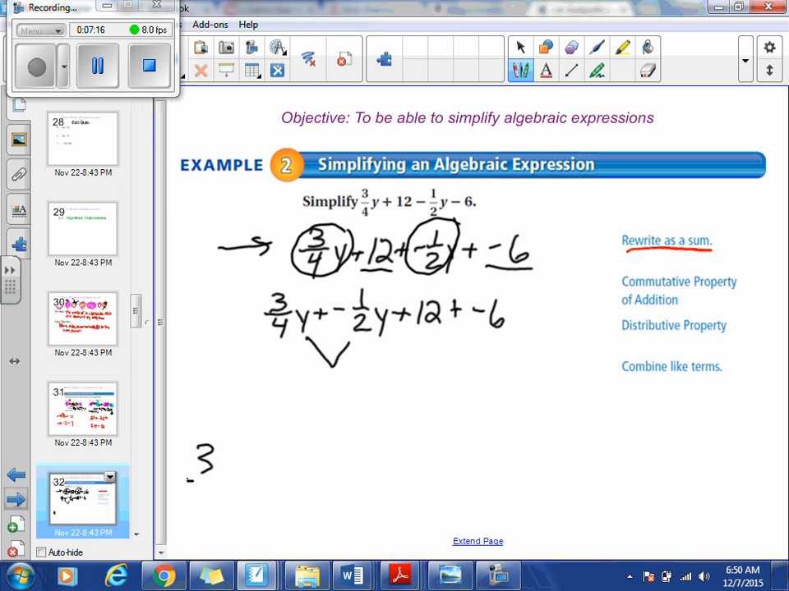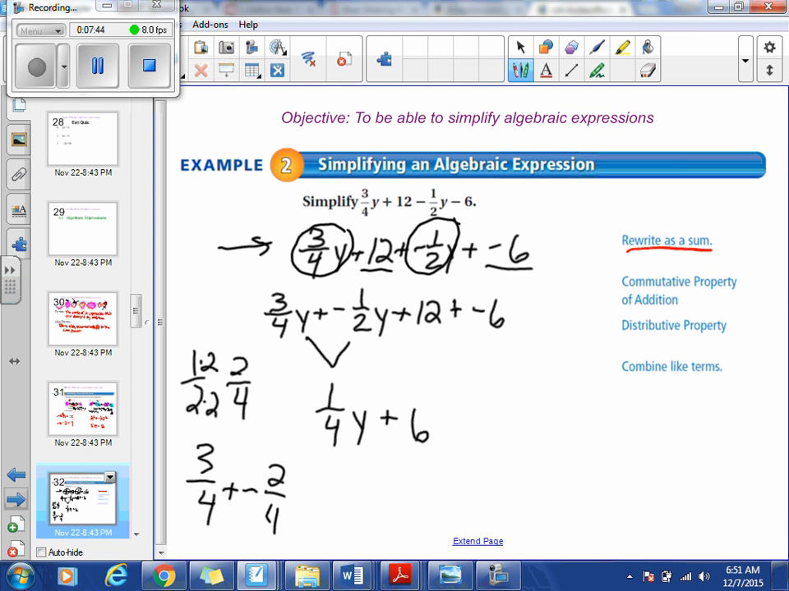3/4 plus negative 1/2. Remember 1/2, if we change that to a common denominator, since we're adding or subtracting, 2 times 2 is 4. So 1/2 is the same as 2/4. So we're going to do 3/4 plus negative 2/4 off to the side. And that gives us 1/4. So we have 1/4 y plus